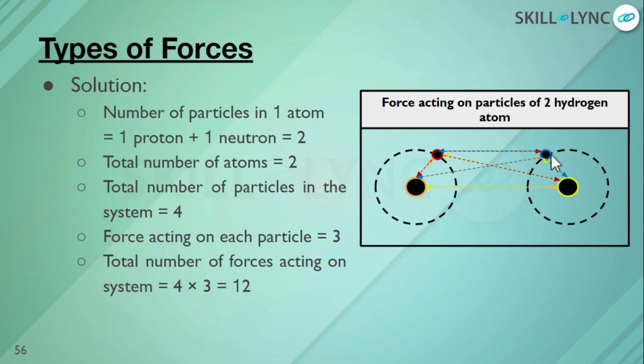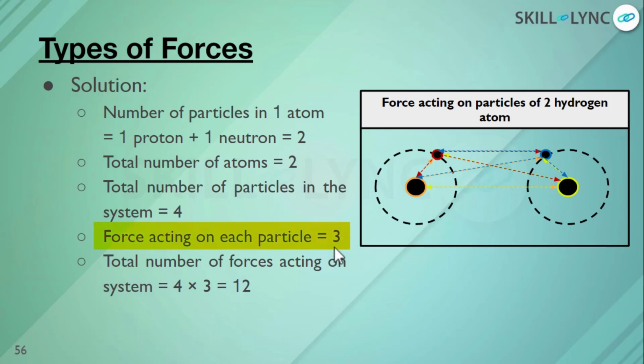In a similar fashion, the proton of the second atom is also facing three forces. The first force is from the proton of the first atom, the second force is from the neutron of the first atom, and the third force is from the neutron of its own atom, and vice versa for the proton of the first atom. Therefore, the total number of forces acting on the complete system, which contains two hydrogen atoms,